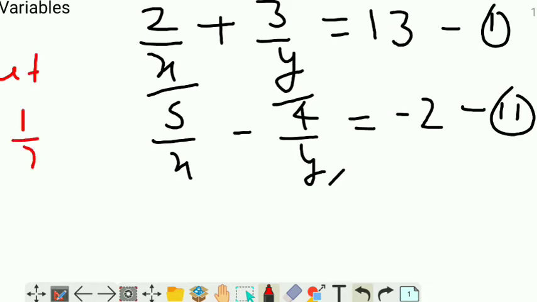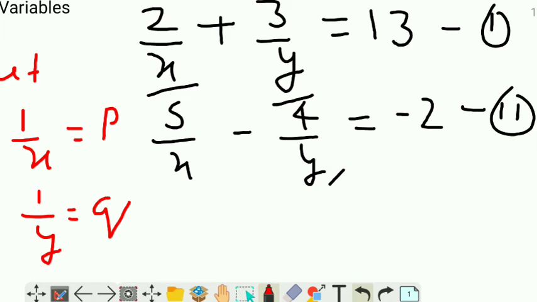1 upon x is equal to p and 1 upon y is equal to q. Now in place of 1 upon x we can write p, and in place of 1 upon y we can write q. It means whatever terms of the variable are given in the denominator, we need to let first. We need to suppose some other variable in place of that. Suppose it is 2 upon x plus y. So here we will let 1 upon x plus y. Okay. So see what happened.